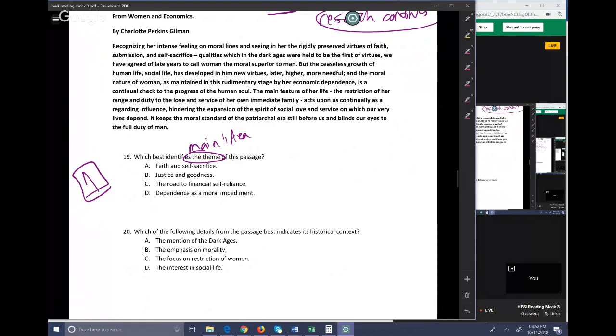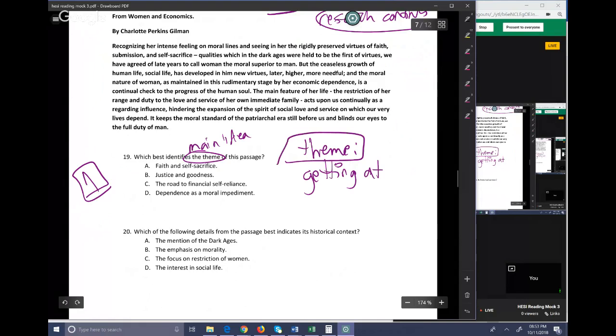What are they getting at this whole time? Remember that a theme is what they're getting at, what they're emphasizing without emphasizing it specifically, what they're getting at that they're not saying. If you don't remember theme, definitely go back to your reading 1 packet where it's defined. You can find a theme in a couple of different ways. This is a third way, I guess you could say, because this is what happens when they don't actually stop and make a main idea. So you end up with the whole thing being somewhat of a theme. If that were the case, the theme was D.